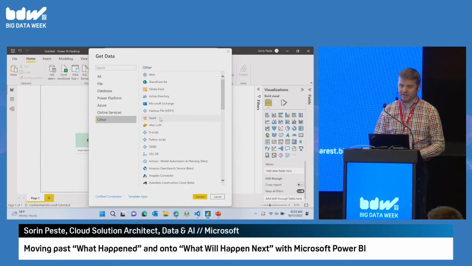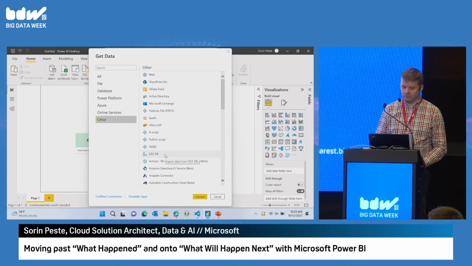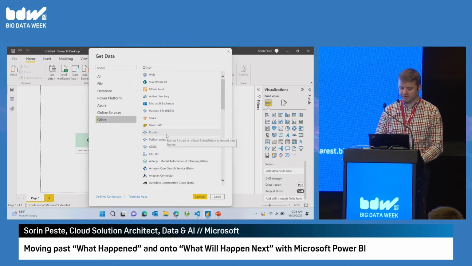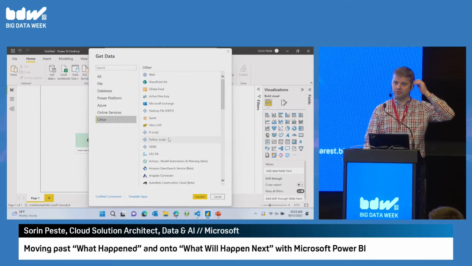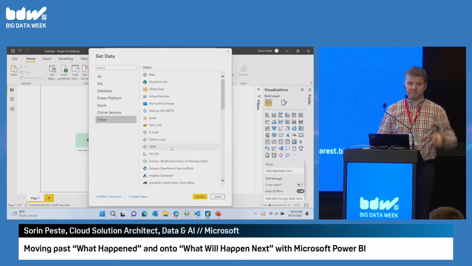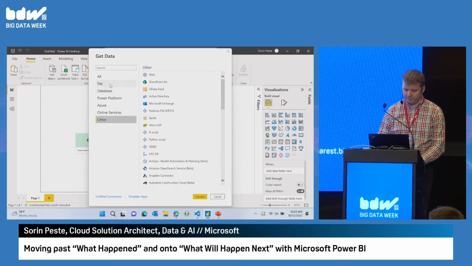We can also connect to Spark clusters, Hive, ODBC, OLEDB, so generic types of connectors. All of it is supported. You can even write an R or Python script if your data source is a bit weirder and you need to do some custom stuff before you can grab the data. So anything you have, you really can connect with Power BI.